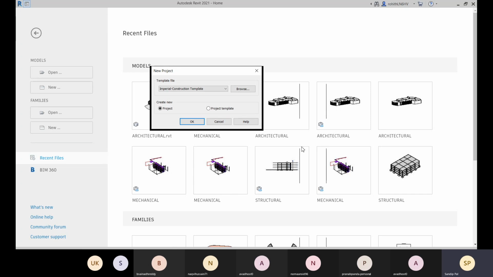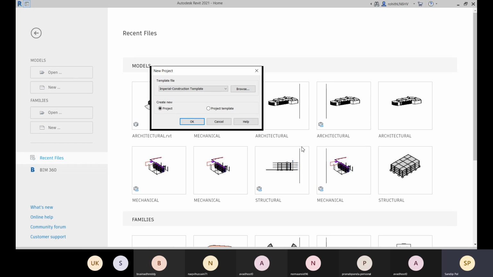So within a template, some settings are there. What do these settings mean? Some pre-settings: you have some units, some preloaded family files for your work purpose, some basic family files preloaded, and some labels already created.